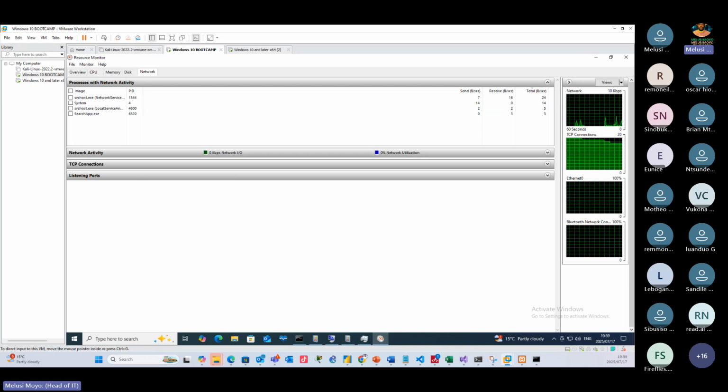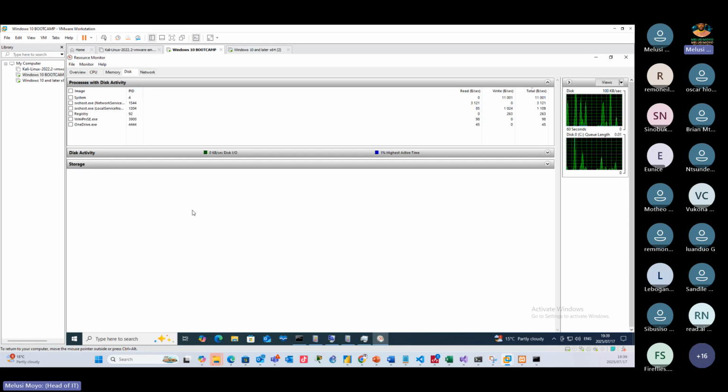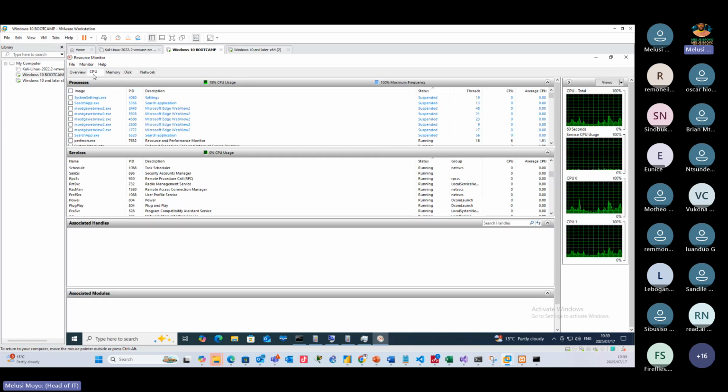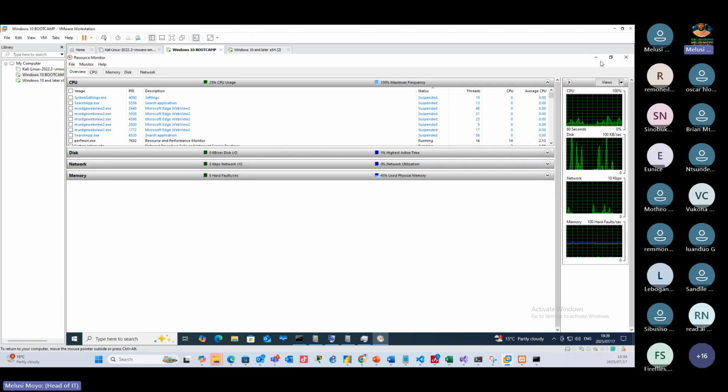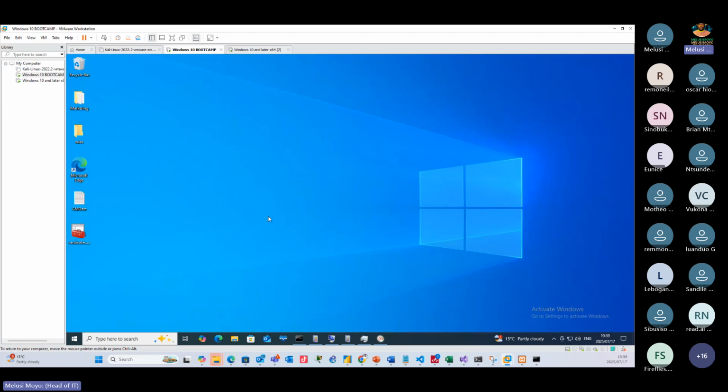All right, so these are the tools that you need to know when you're prepping for your A+. You need to know what happens within these tools. What can you change? What can you access on these tools? What information can you get out of these tools that will help you to troubleshoot the current state of the